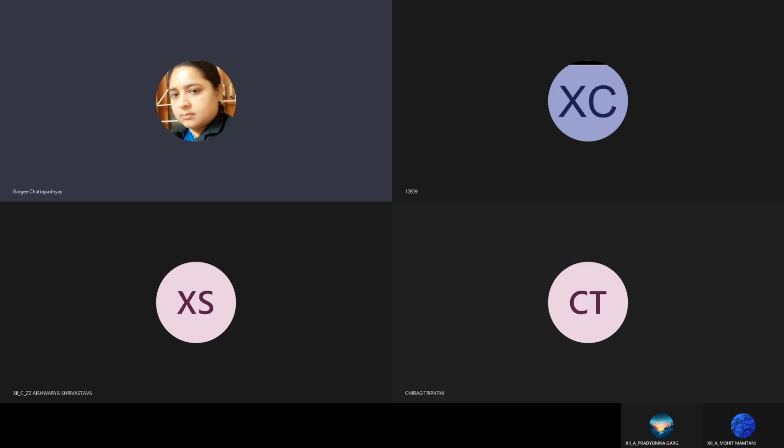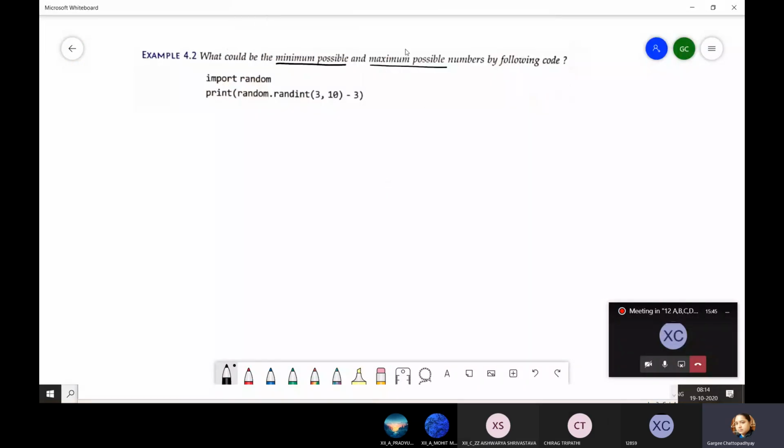It's better I'll share the screen. Okay. So random, now randint function is used. And we know that randint function generates any random number within a specific range. So here, what is that range? We can consider 3 as A and 10 as B. Here the type is without any decimal point, 3 and 10 both will be included. The lowest value will be 3, the highest value will be 10.